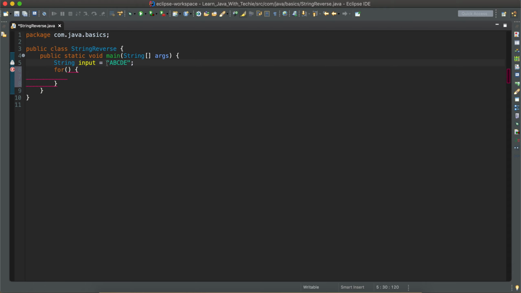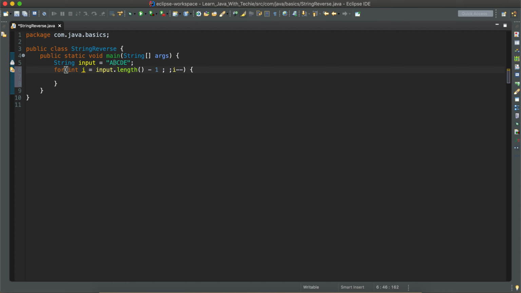The length of the input string is 5, so we are going to start from 4 since the index starts from 0. input.length will give me the whole length of the string, which is 5, and I'm going to start from 4, which is length minus 1. In each iteration, I'm going to decrement the value of i so that it goes from 4, 3, 2, 1, 0.